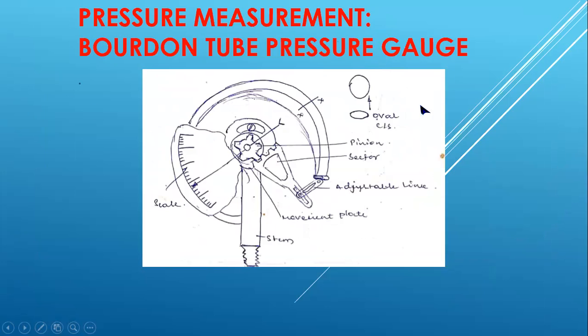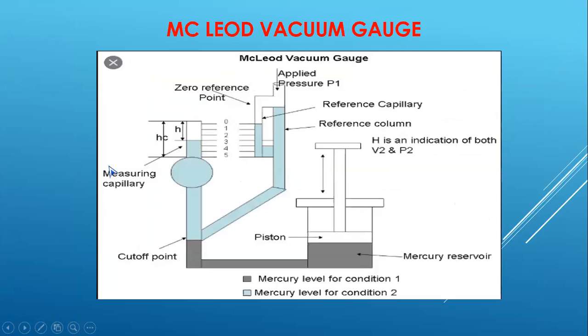have seen in the puncture shop. Above the air container, there will be a gauge present, which indicates the pressure in kg per millimeter square or kg per centimeter square. Here you have a rubber tube, which is very important, which has an oval cross section that changes to circular as the pressure increases. Due to that, there will be a pressure indication by the dial indicator, that is in kg per millimeter square. Next, come to the point, the measurement of negative pressure.